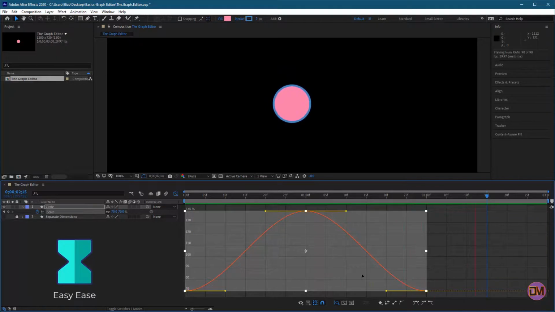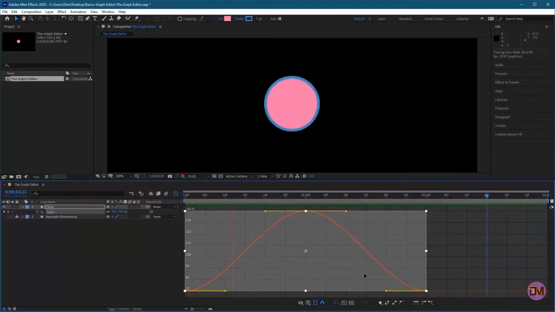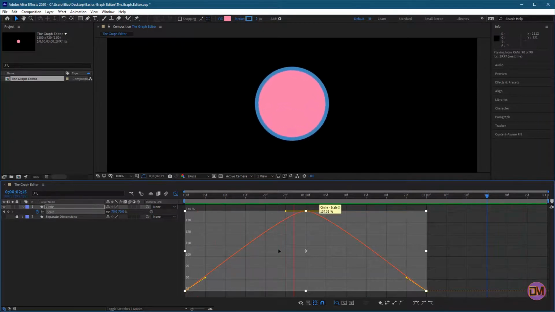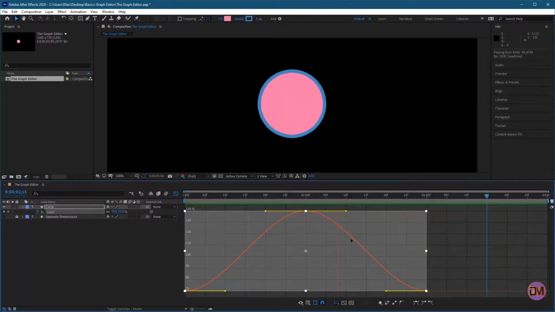Now let us go ahead and look at the difference between Auto Bezier and easy ease. With the Auto Bezier interpolation, the curve is not as smooth, and the directional handles are shorter. With easy ease interpolation, the directional handles are quite stretched out from the keyframes, making the acceleration and deceleration much more noticeable. Alright, let us go ahead and set all keyframes back to linear interpolation and talk about the next